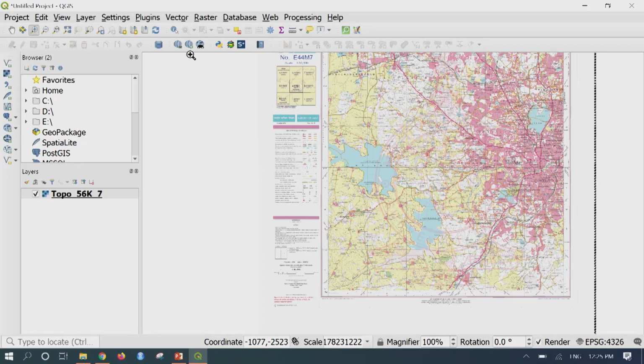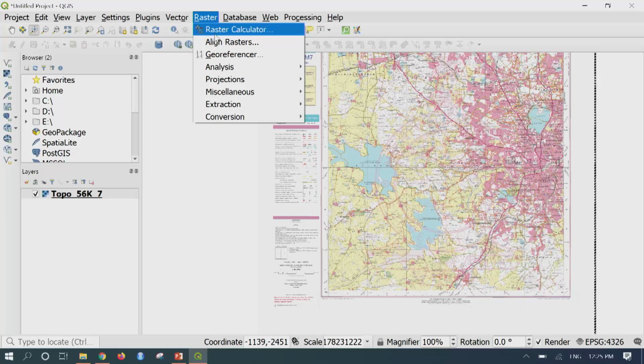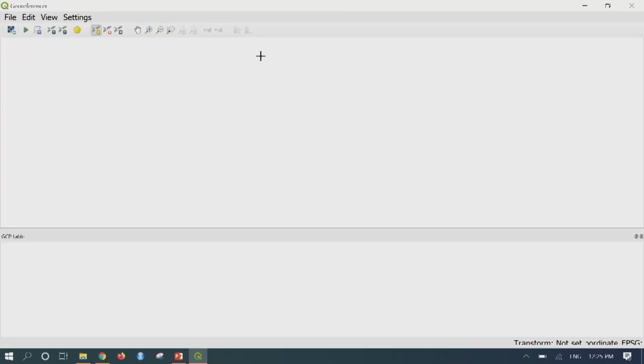Now the georeferencer plugin, you can find it under raster, and here you have the georeferencer tool. Just click on the georeferencer tool, and it will open a new window. So this is the georeferencer window, wherein you have the menu such as file, edit, view and settings. This is the menu bar.